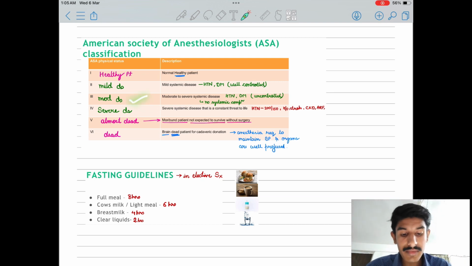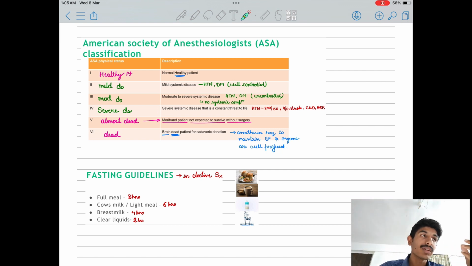Then third, which is moderate to severe, you can say. In that, the patient has diabetes, the patient has hypertension, but it is not controlled. Like he is saying, doctor, I have high blood pressure, I have diabetes, but I don't take medicine on time. I forget sometimes. I take it on Monday, I forget on Tuesday, and again I take it on Wednesday. This kind of patient comes in this category. Then severe. What is severe? He has hypertension, he has diabetes. When you check his blood pressure, it is like 200 by 150, systolic by diastolic, and you are like, oh God, what to do? And he didn't tell you before the operation.